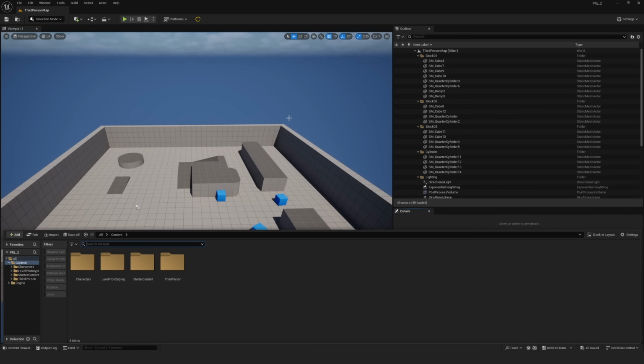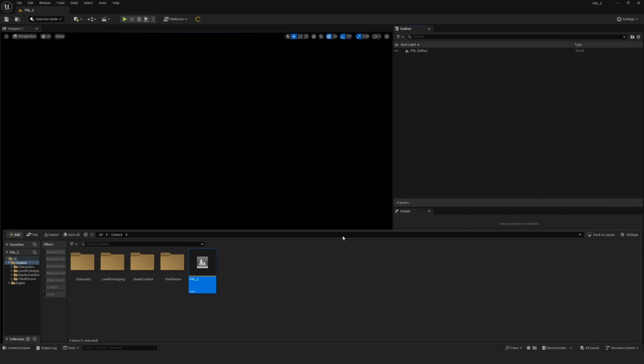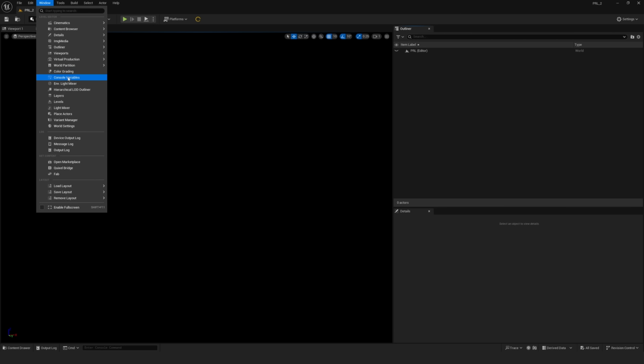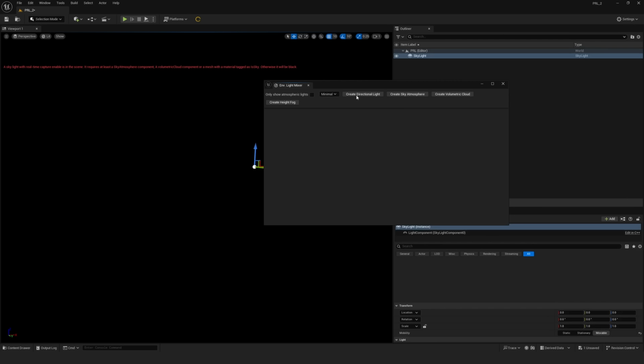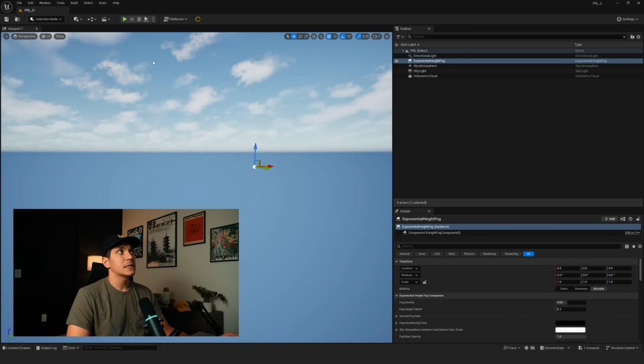So now that Unreal Engine is open, the first thing we want to do is create a level. So I'm going to press Control Space, right click here, go over to Level, and I'm just going to name this photorealistic landscape _2. And instead of actually typing it all out, I just chose PRL. And then open it up. Okay, so when your level first opens up, the first thing you'll notice is it's pure black. So to change that, just go over to Window, go down to Environment Light Mixer, and then just create all of these. Okay, so now that we have all the lighting set up,